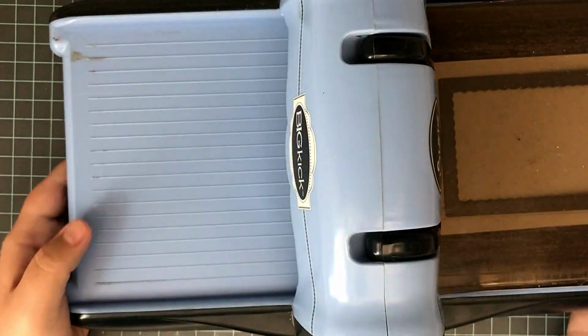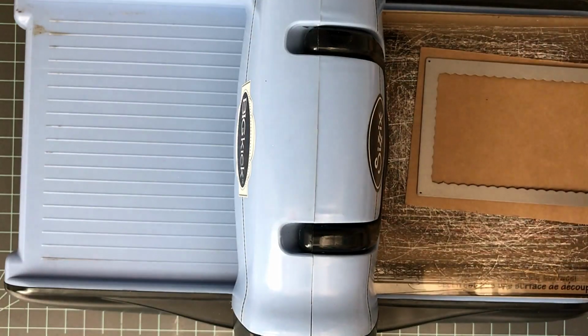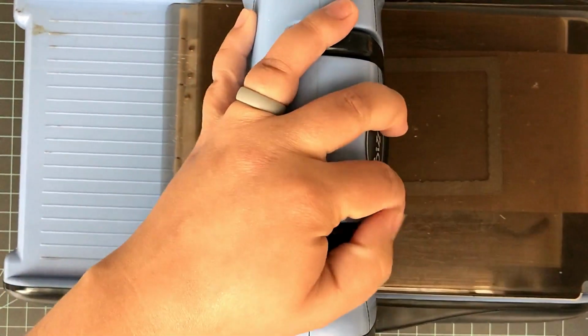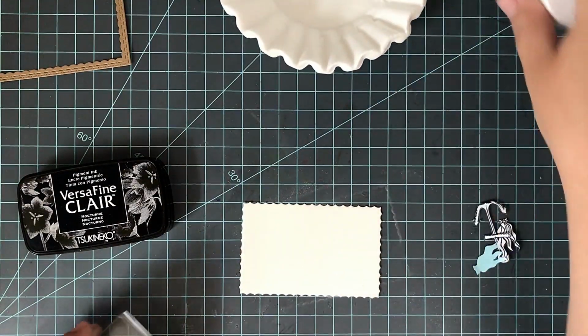If you wanted to use any other coloring medium, just make sure you cut this with the paper that your coloring medium plays well with. Next, I'm going to go ahead and use that same die and cut it from a piece of craft cardstock. I will be using the frame from this die cut and then the center of watercolor paper to fit inside